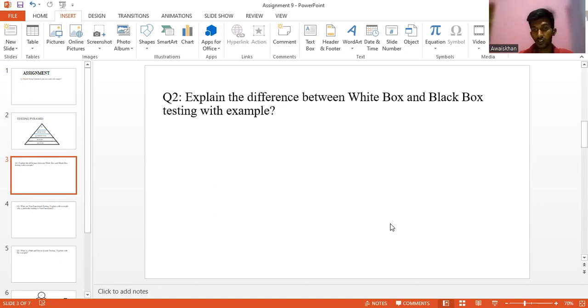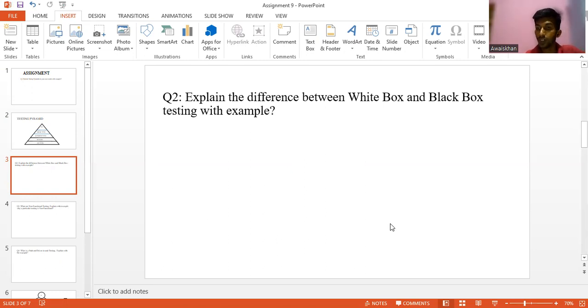So we will be checking statements, loops or conditions: are they getting true or false, and are they getting executed or not. So we check this in white box testing, and we need to have some code knowledge. White box testing is usually done by developers, and black box testing is a testing where